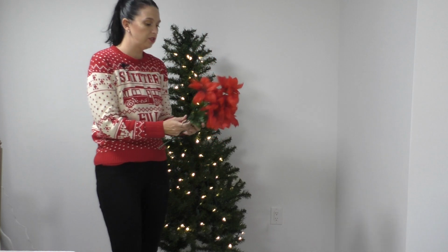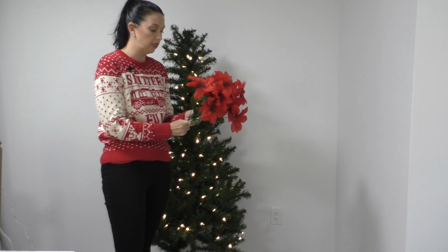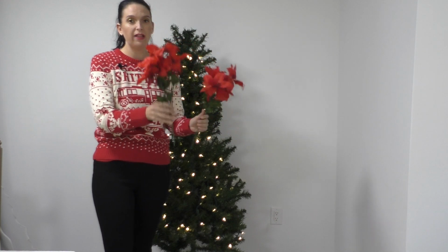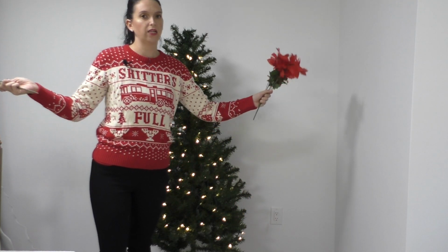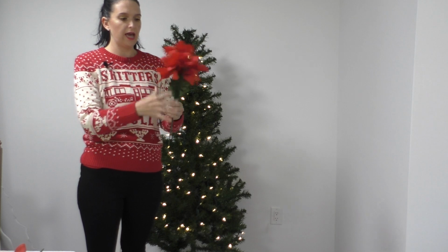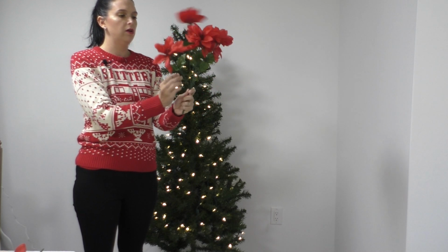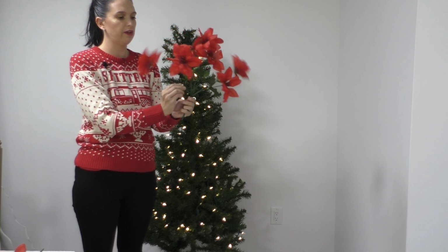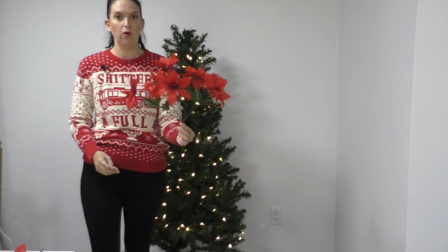Quick tip before I really power down and do all this winding and garlanding and wrapping. When you buy flowers, no matter where you buy them from, Dollar Tree to the most high-end designer store, they're gonna come looking kind of like this, right? They're gonna be just really little. Florals are on wires. Always fluff them. I think I say this in every video, but I just don't think enough people understand what you can get